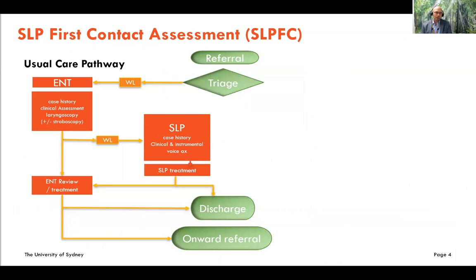A typical pathway in the public health system for patients with symptoms of dysphonia is referral from GP to ENT for initial assessment and medical diagnosis, including direct laryngoscopy or stroboscopy. However, when no organic structural or neurogenic cause is identified, many patients are referred to a speech pathologist for continued assessment and management. For example, around 40% of people referred for voice assessment have no organic cause, and voice therapy